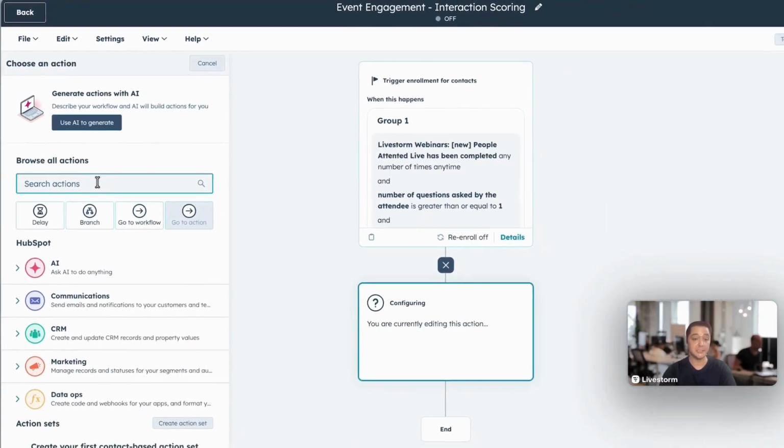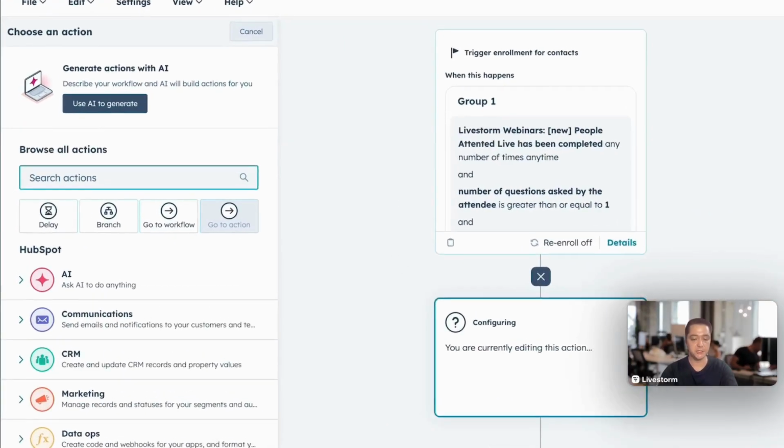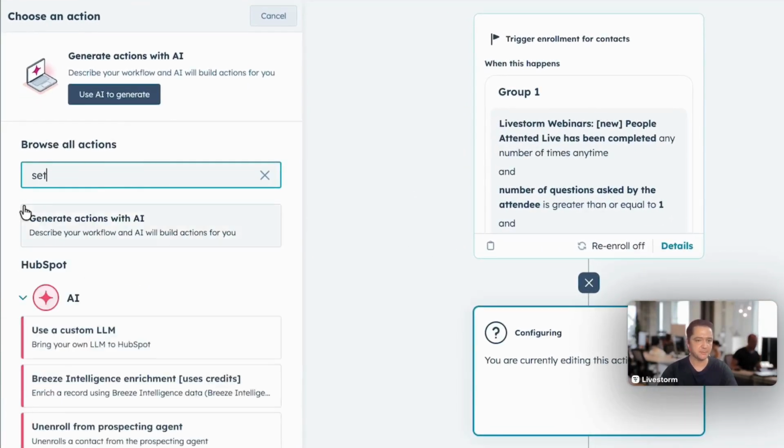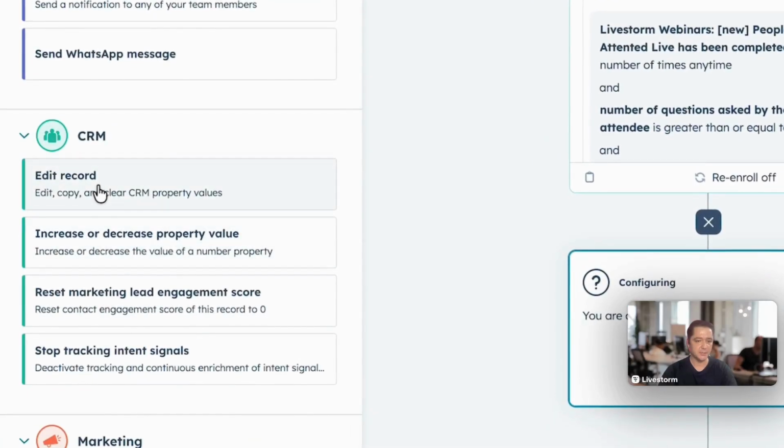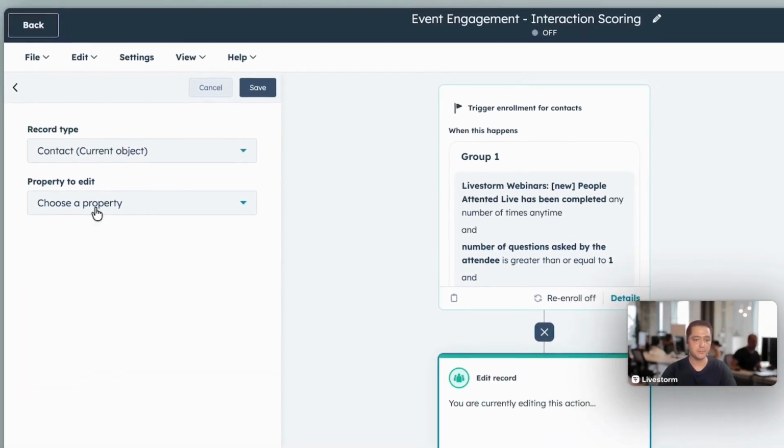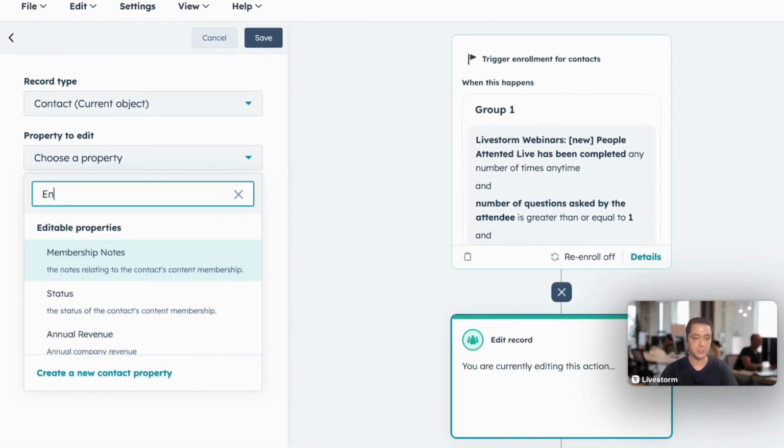Okay, so setting our actions again. Click on actions. You can just search for set or edit. And if you scroll down to CRM, edit record, what we want to do is we want to edit the record for the people who meet that criteria. We want to give them an engagement score. Edit record, choose property, and we're just going to search for